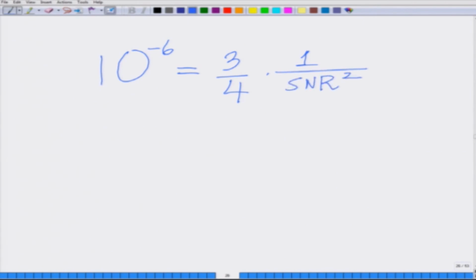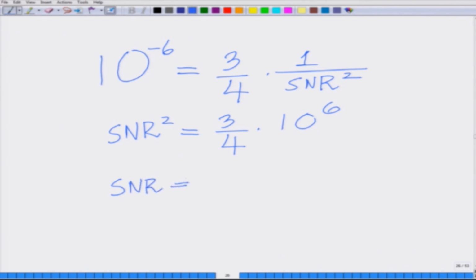So, I have 10 to the power of minus 6 equals 3 by 4 times 1 over SNR square, which means SNR square equals 3 by 4 times 10 to the power of plus 6, which means SNR equals